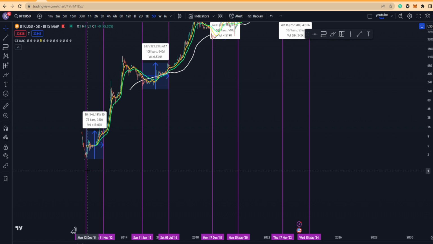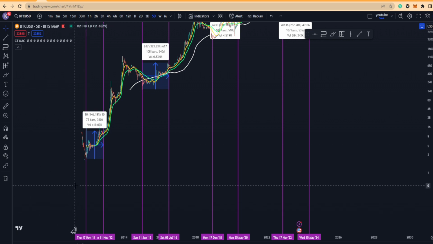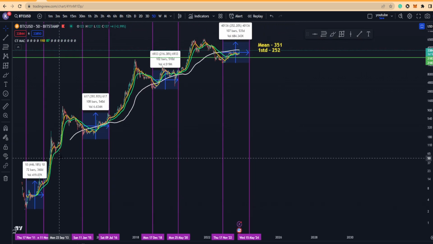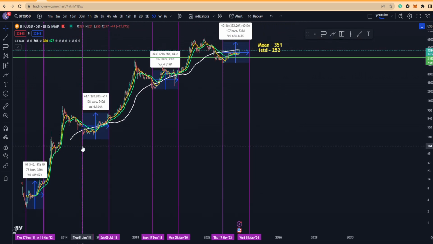With that being said, the first iteration we saw was roughly around the bottom of that cycle. We don't have any prior information before 2011, but this chart will do. The lowest point was during 2011, leading into the halving event around November of 2012. That brought you about 446% upside. From here, the next market bottom cycle was roughly around 2015, which led into the halving in June of 2016. That brought you roughly about